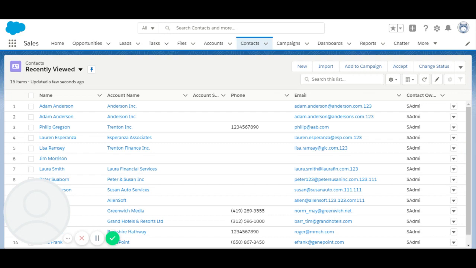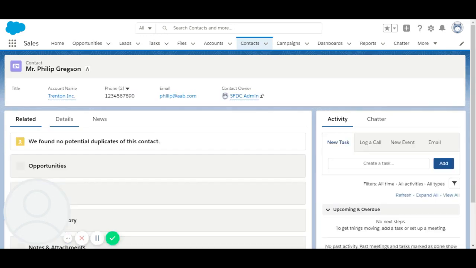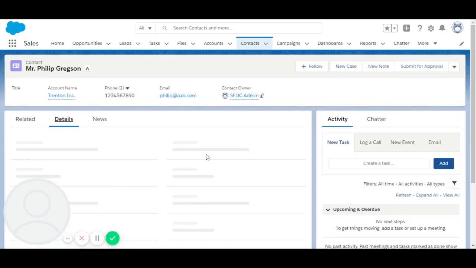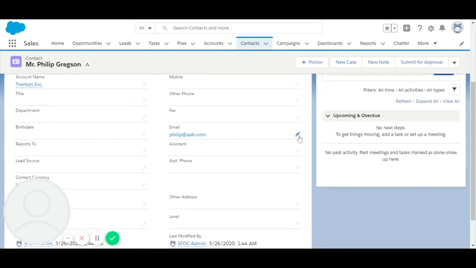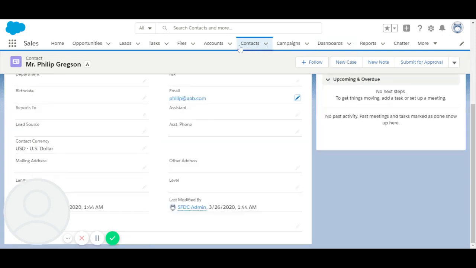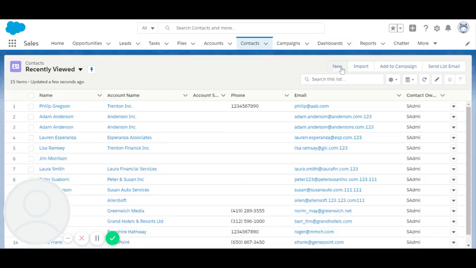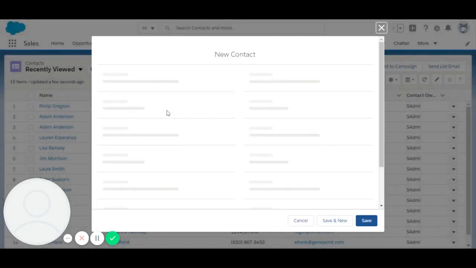Philip at, I believe, aab.com. So here we have. Yes, his email address is philip at aab.com. Now, if we try to create another contact called Phil Gregson with the same email ID,